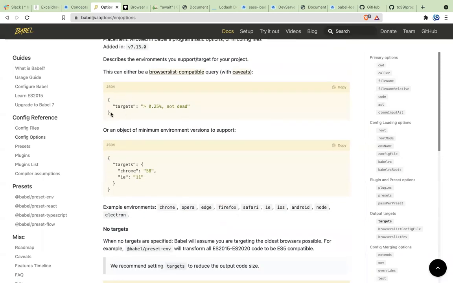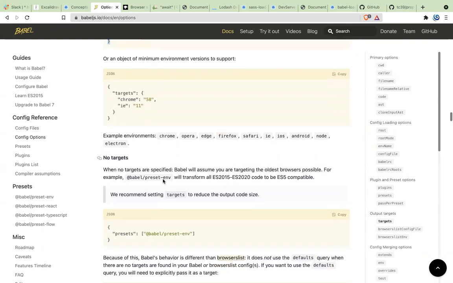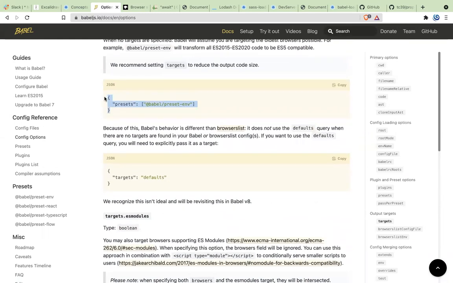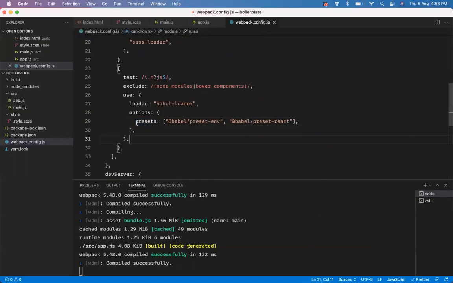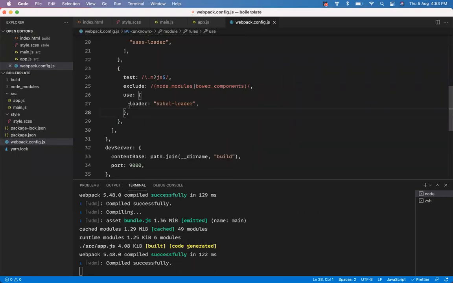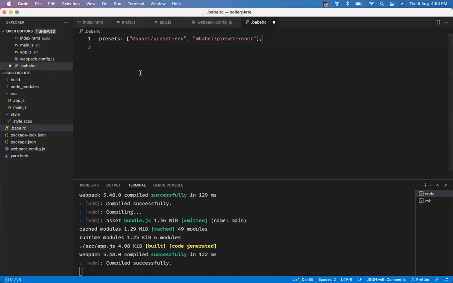Yeah, so you can just have a Babel RC file like this and put the configuration there directly. I can delete this from here because it is getting a lot bigger. What if I just put all my Babel configuration here? So in the Babel RC, I can just put it like an object, and here I'll put it like this.